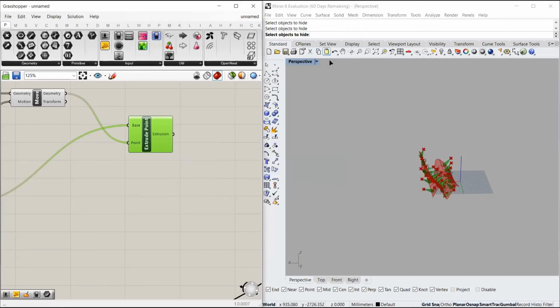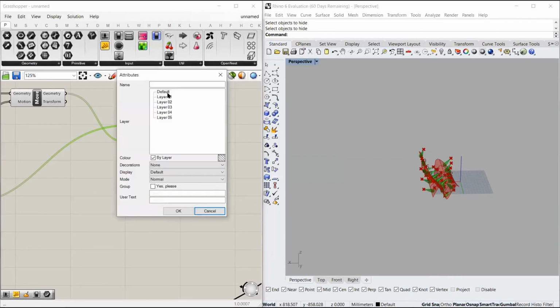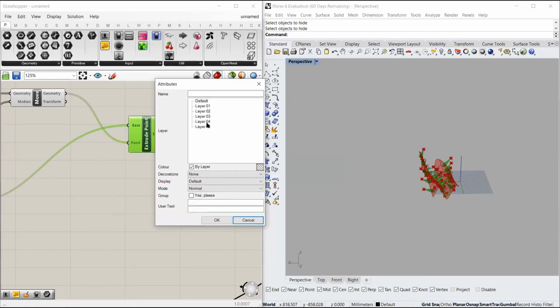Okay, so by mistake, I might have selected a command running in the Rhino interface. So I have to click escape. Now if I go to the bake option, it opens this dialog box. I want to bake it in layer 4, and there's an option to group it. So if I click yes, all of these cones will be in one single component. And if I don't select this, all of these cones would be individual. So for now, we won't select it, and we'll press OK.